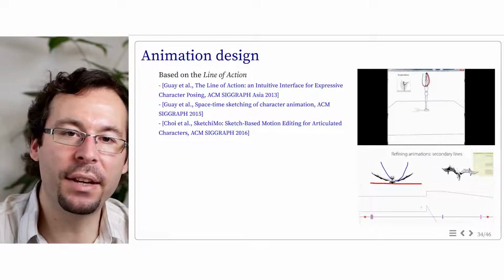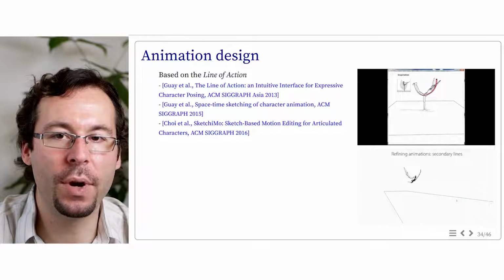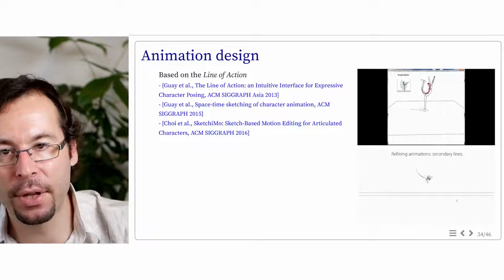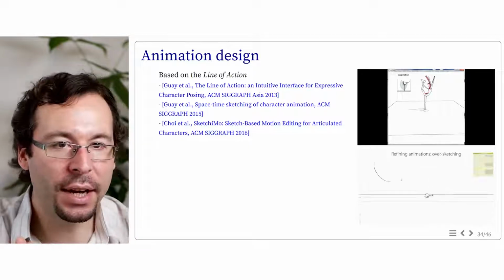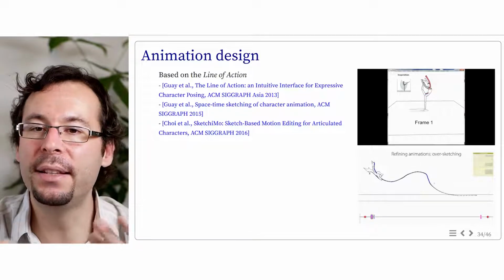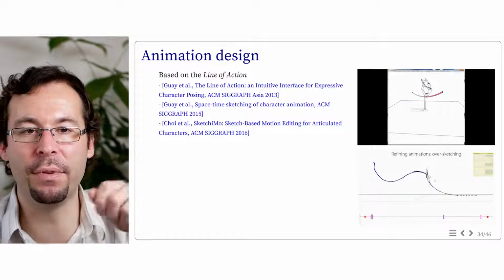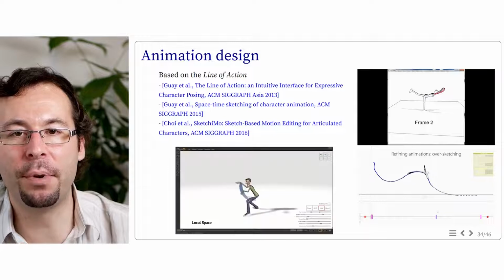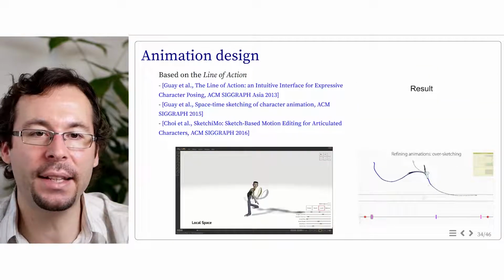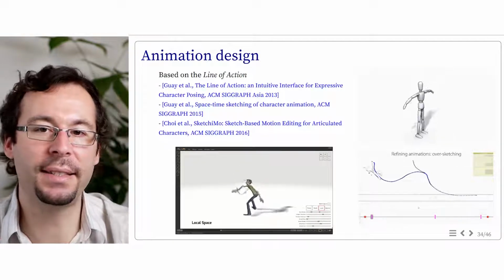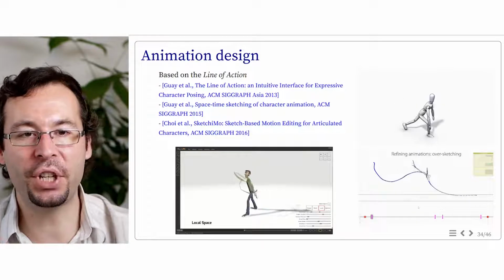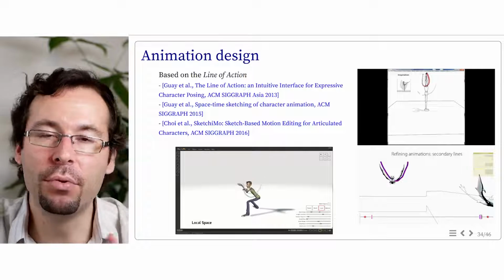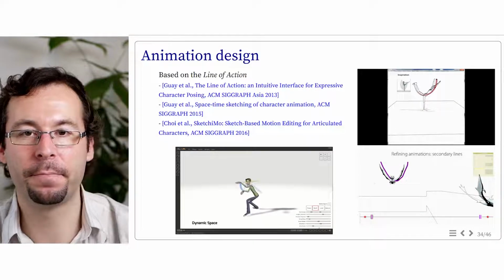We can extend this idea to space-time trajectories, where the user can sketch a curve which is interpreted as both the alignment of the pose and the trajectory of the shape. And iteratively, we can refine the detail with new sketches. And recently, this type of trajectory sketching has been proposed to finally adapt character limb motion displayed as trajectories in either spatial coordinates or viewed as a function of time, and that the user can directly edit.